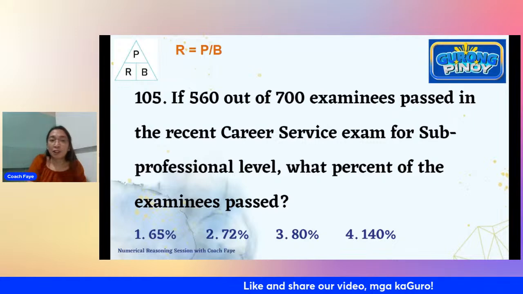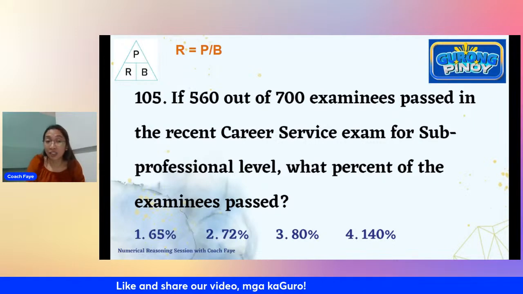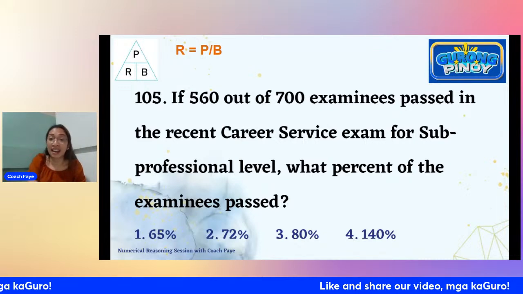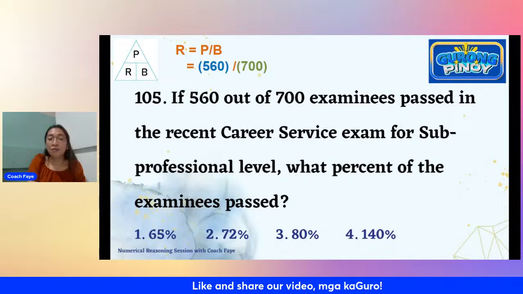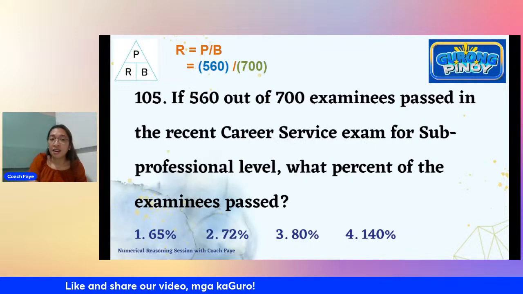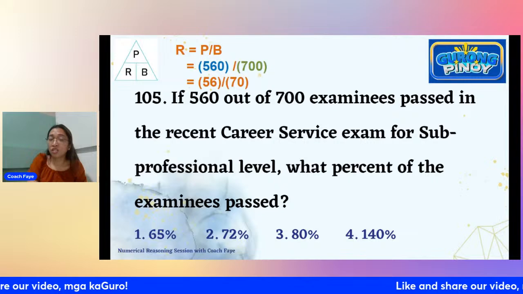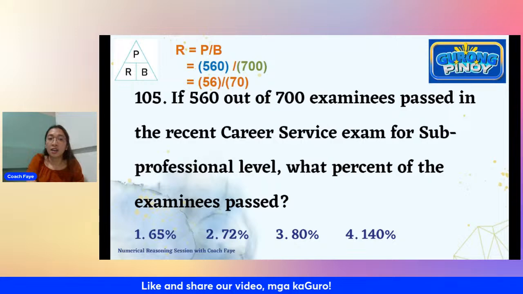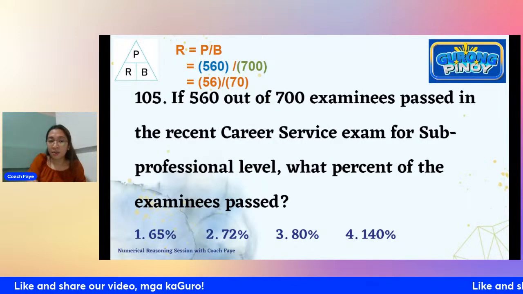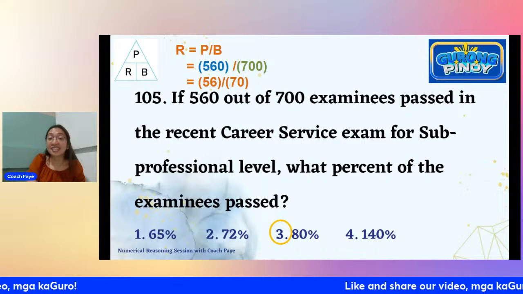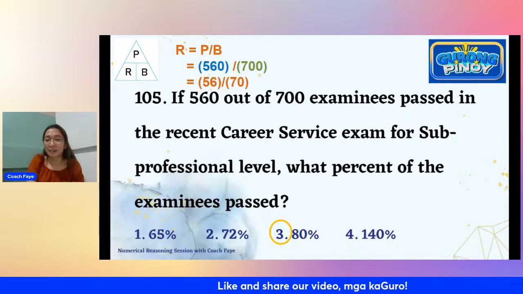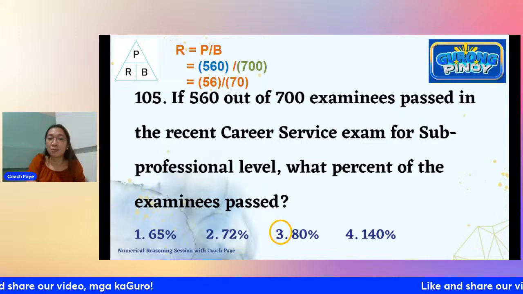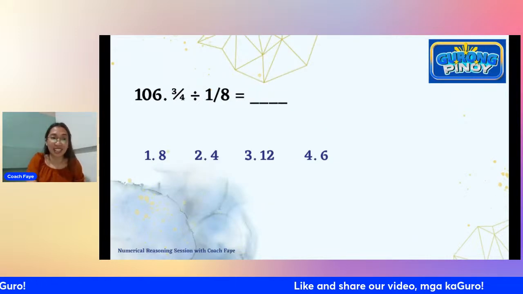So ano ba yung binigay na portion? 560 na binigay sa atin is passers at yung hinahanap din sa atin ay passers din, which means medyo straightforward ang ating solving. So for this, what we will have would be 560 over 700. I prefer to remove the zeros, so there should be the similar zeros. Kinakancel ko po yan para mas mababa yung numbers na tinitingnan ko. That will be 56 over 70, or as you all have been saying, it's 80% option 3. Ayan. Okay, now let's take a look at more items. Hopefully, ganun na po yung confidence level natin pagdating sa mga percentage type of items.